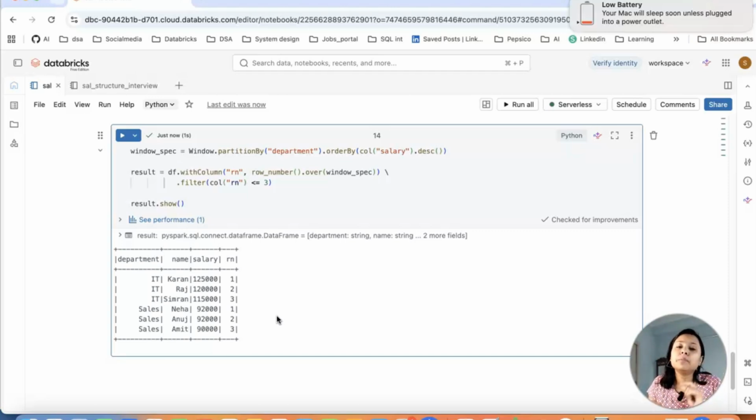You can watch the previous video. I have explained it in a much better way, and in every step I have explained. You can also watch it. So this question, do practice it well, otherwise it will be very difficult to crack interviews, right? And this is also used in real-time scenarios with a different data set, whatever data sets you are working with.